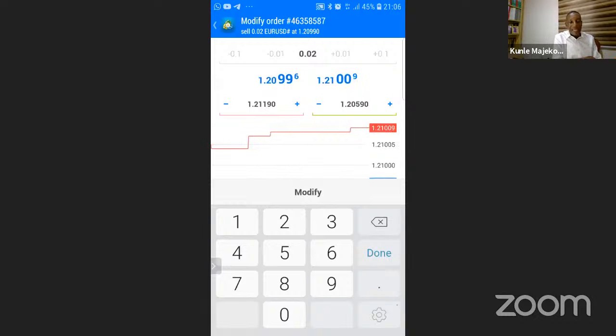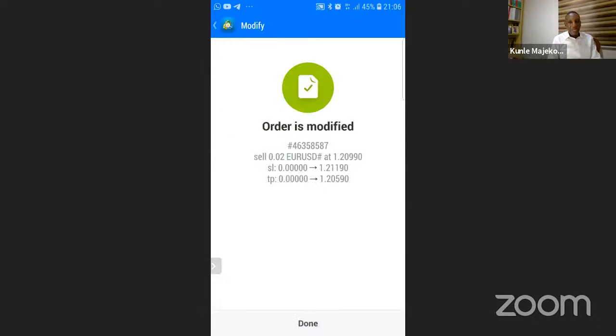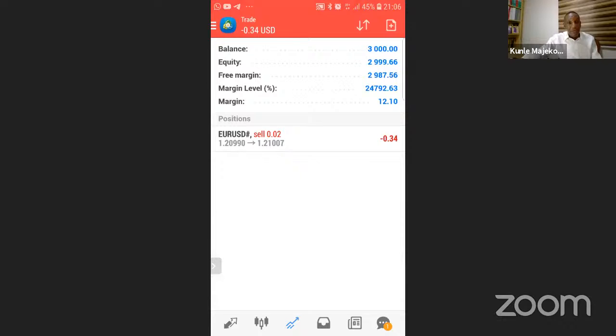And I can modify. Let me tell you, that modify, you can see modify in the middle there. It highlights. If I had made a mistake, that modify will not come up. So if I click modify now, it's telling me my trade has been modified. How do I know it has been modified? If I go in there, you will see that my stop loss is there, 1.2119, and my take profit is there. It means this trade is secured. I have entered this trade, and this trade is on.